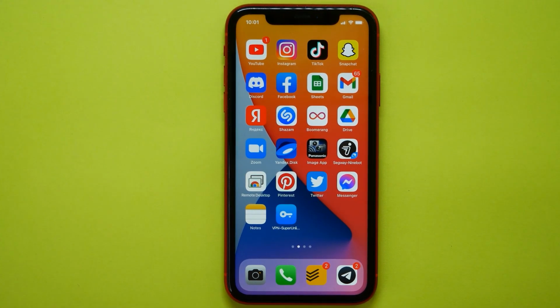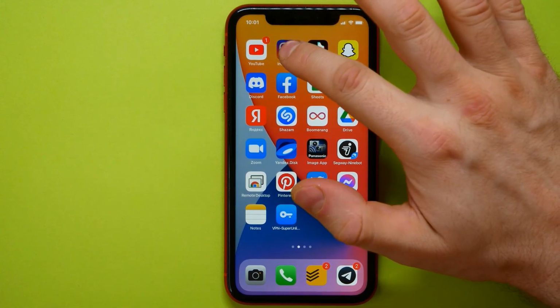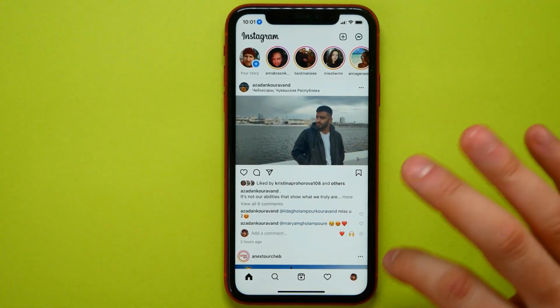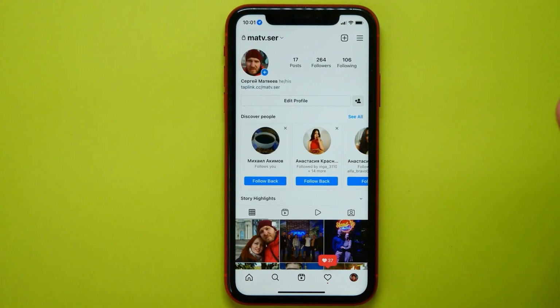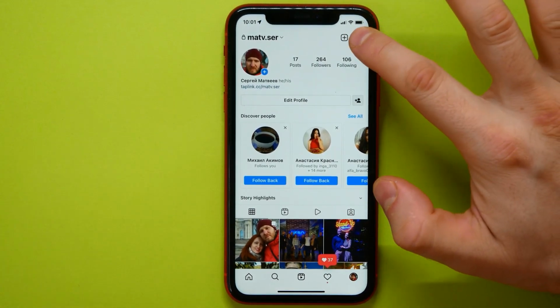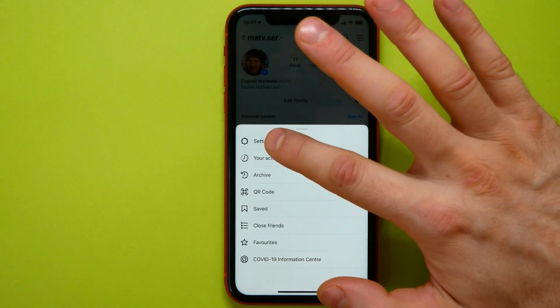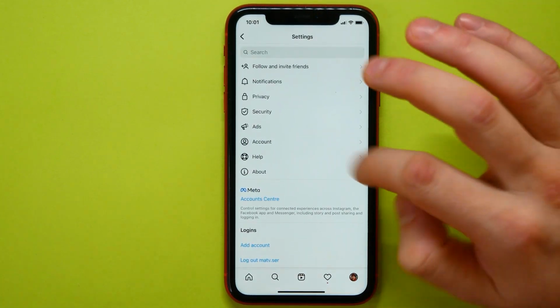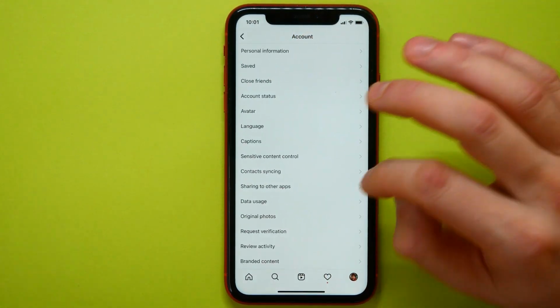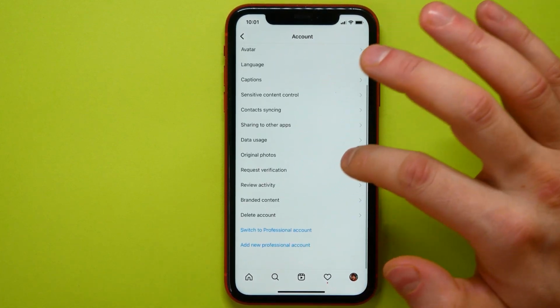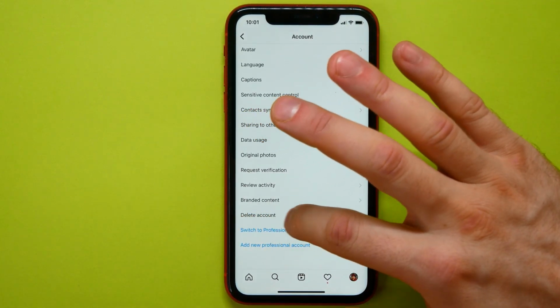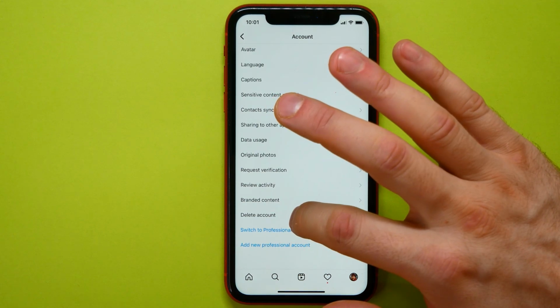It's quite simple and easy, just follow these simple steps. First you need to open up Instagram application and get in your profile section. Then tap on this icon at the top right. Here tap on settings. There get in account, and here at the very bottom is feature delete account, and when